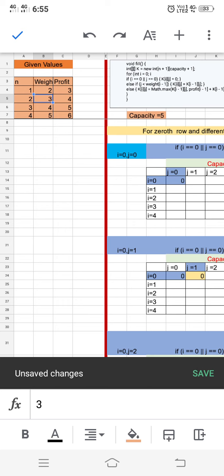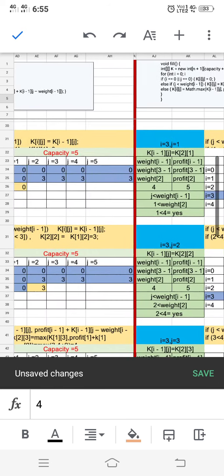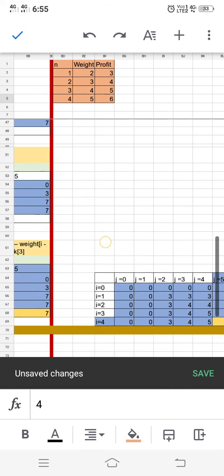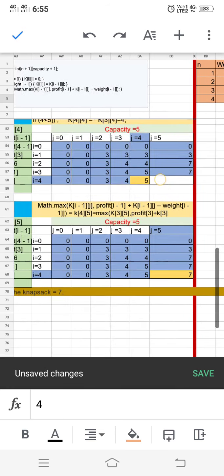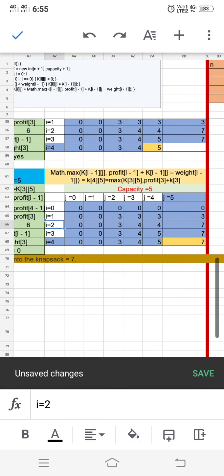There I will fill up the value 4 directly. Here in the final iterations, for i is equal to 2 and j is equal to 3, I am filling up the profit 4 with respect to the object 2. Now as the j value increases after j is equal to 3, that is the current capacity of the object 2,